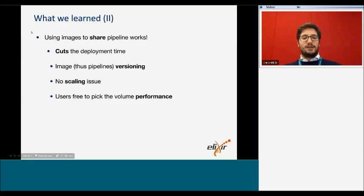There is no scaling issue because, again, you are referring to an image, so you can create as many volumes as you want out of that image. And the burden of coping with the scaling is moved back to the cloud providers. It's not something we need to bother with anymore. And this last point is very true, especially for